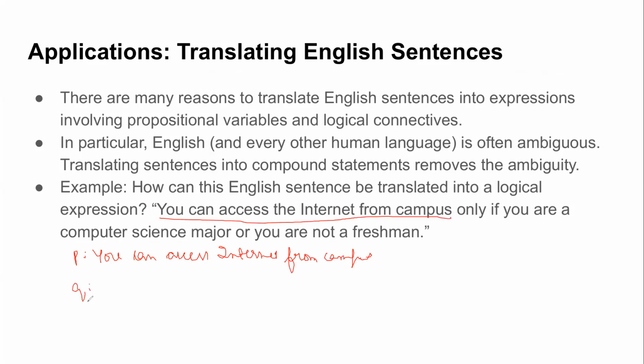Okay, so let me make it Q. Come on, class, this is easy. Okay, great. I'll write it in short. Computer science major and, class, you are a freshman. Okay, let me keep it generic. Okay, now can you tell me using p, q and r how can I write a logical expression out of it?